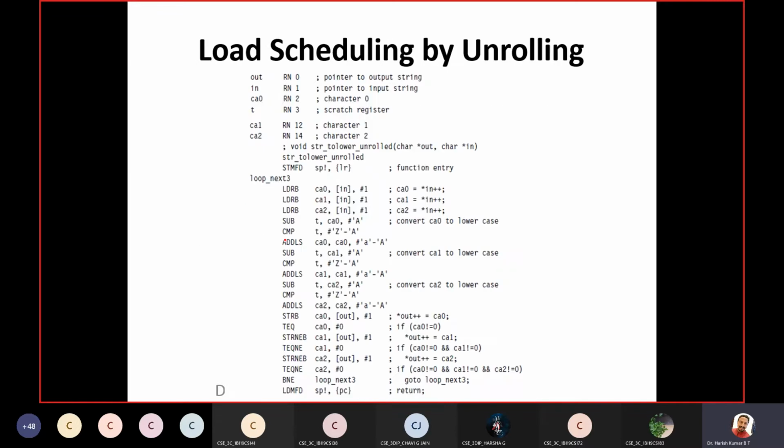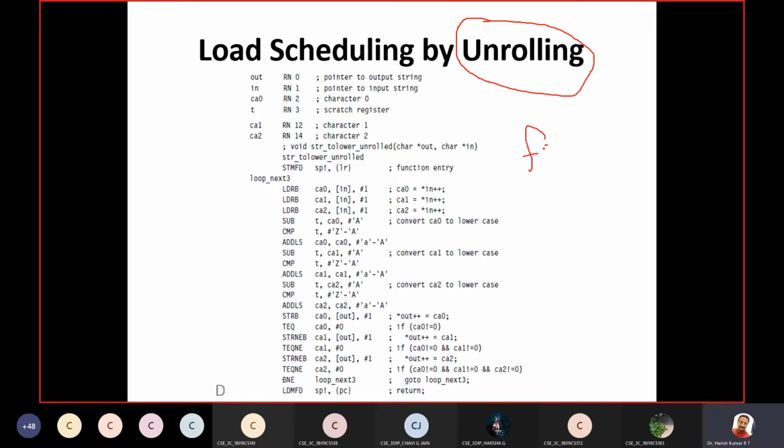So now I still go for optimizing my program by using another technique called the unrolling technique. In the unrolling technique, I go for unrolling the loop multiple times. What is the meaning of unrolling? It is something like this. Say, for example,